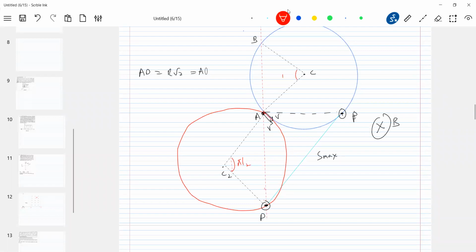Pi by 2. This will be pi by 2. This also will be pi by 2. So therefore the S max should be equal to root of AD square plus AP whole square. Okay, this should be 2 times of that, R root 2. So 2R it will come, and MV by QB.